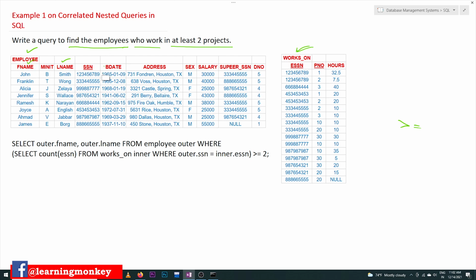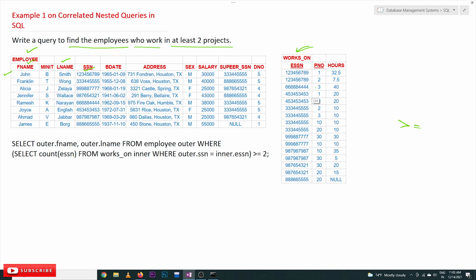We will write this query using the correlated nested queries concept. We will consider each and every employee. Each employee's SSN is compared with all these values.